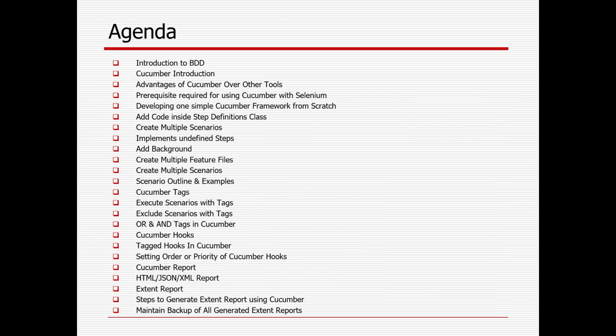So I'll cover the very key important aspects of BDD with Cucumber today, and we'll slowly see how to create a framework using BDD Cucumber from scratch. In today's session I will also cover the introduction of BDD and Cucumber, advantages of Cucumber over other tools, prerequisites required for using Cucumber with Selenium, developing one simple Cucumber framework from scratch, add code inside step